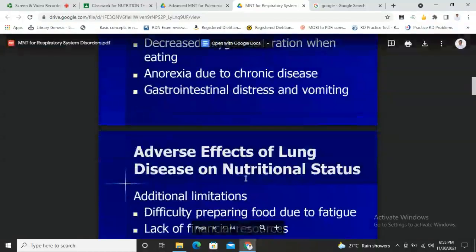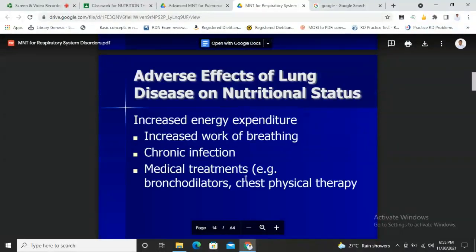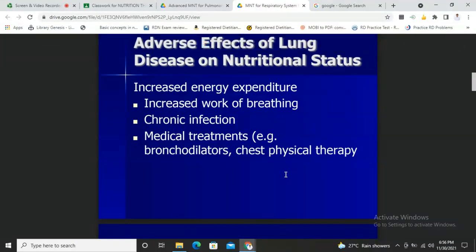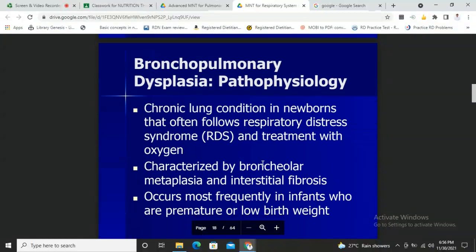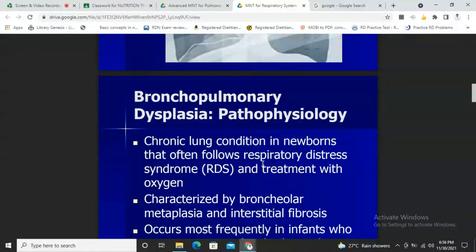Okay? Sige. So, yeah. Just like other diseases, kani mga diseases involving the lungs would also increase the energy expenditure, and the tendency is ma-reduce po ang food intake. So, na-imbalance, and that would lead now to malnutrition. So, the first lung disease that we will discuss is the BPD, or the bronchopulmonary dysplasia.